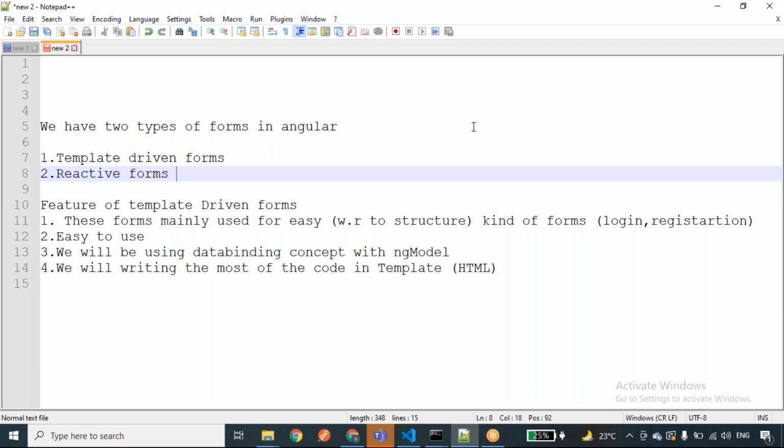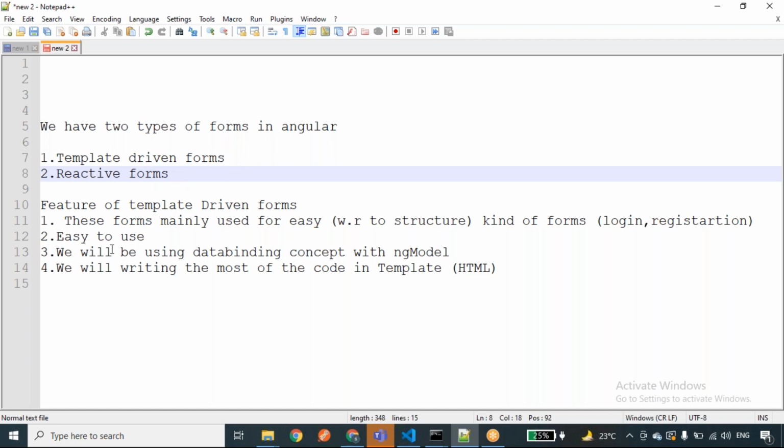If I select no, I'm going to show the other kind of questions. Let us take, if you see survey kind of forms, in those complex scenarios we are going to use reactive forms, guys. I'll explain with sample examples. Don't worry. For now, you just concentrate on the template driven forms, guys.